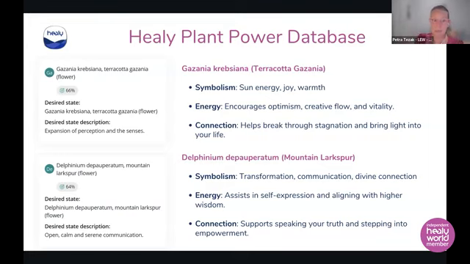I'm just letting you know what it was. Something was going on in that moment for that person. And they were really going through some old patterns, like in a vortex of emotions. And this came up, yeah, when we were looking at the scans. So it says open, calm, and serene communication. So there was a communication blockage that was too agitated, and this person was attaching.